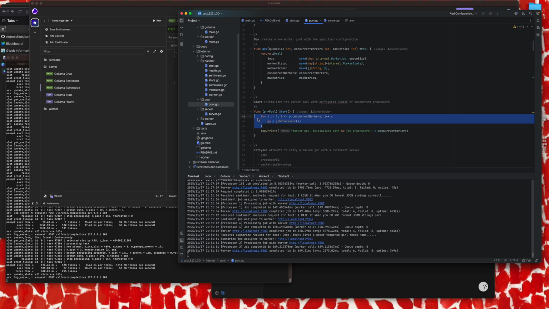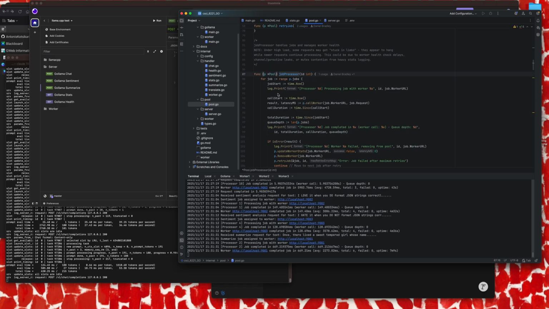But you can see here, the Go processor runs these different coroutines, and the job processor is the meat of what runs all these different endpoints. So if we hit, we can see concurrent workers, and I think this is a variable we've set in our environment, our .env, which I think we have defined somewhere between 10 and 50. So that's the idea for job processor. So if we go into the job processor,